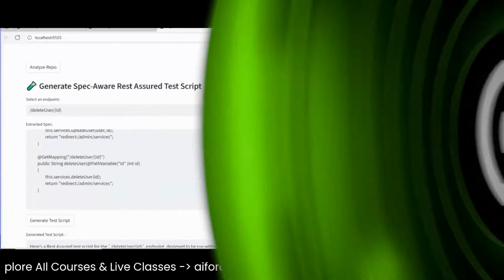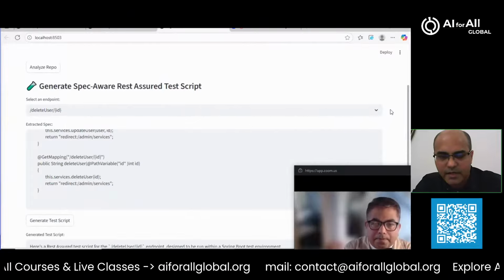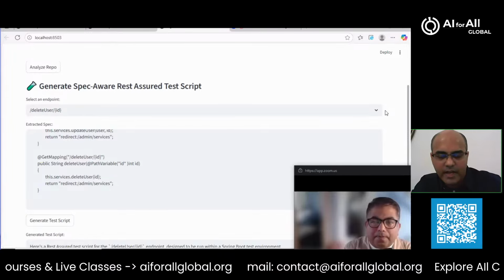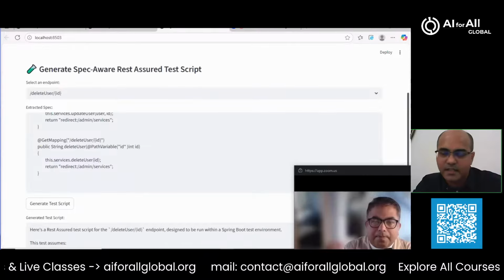So what we have given this AI is the entire code base, and with the entire code base, it is able to understand the structure first. And once it is able to understand the structure, we are in a position to ask it questions. We can literally ask it, just the way it's done here, provide me all the endpoints that are available in this particular project. And you see all the endpoints that were listed some time ago, those were all the endpoints from this particular project, and it is listed here.